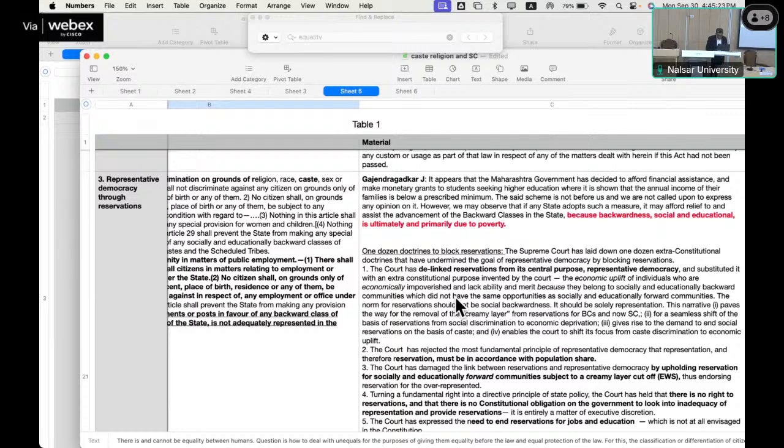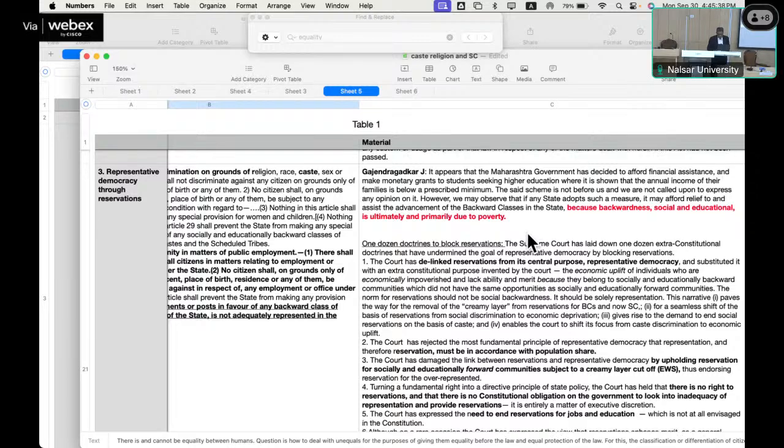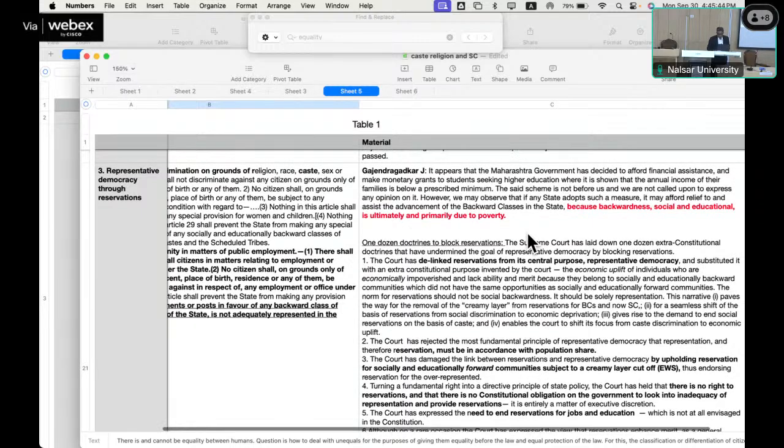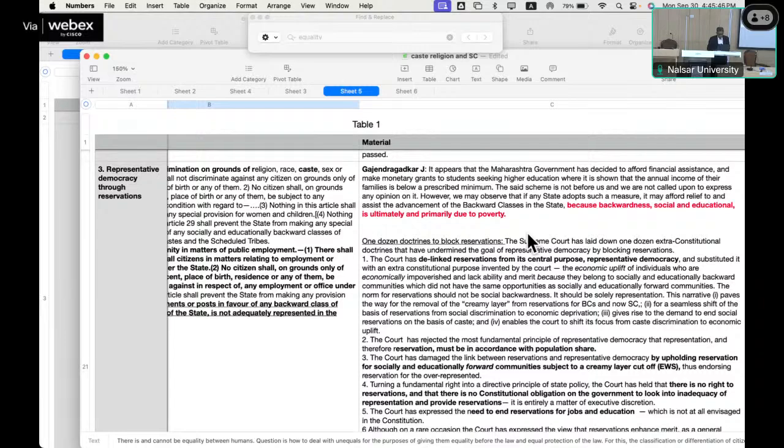Justice Gajendragadkar says in M.R. Balaji, it appears that the Maharashtra government has decided to afford financial assistance and make monetary grants to students seeking higher education where it is shown that the annual income of their families is below prescribed minimum. The said scheme is not before us, and we are not called upon to express any opinion on it. However, we may observe that if any state adopts such a measure, it may afford relief to and assist the